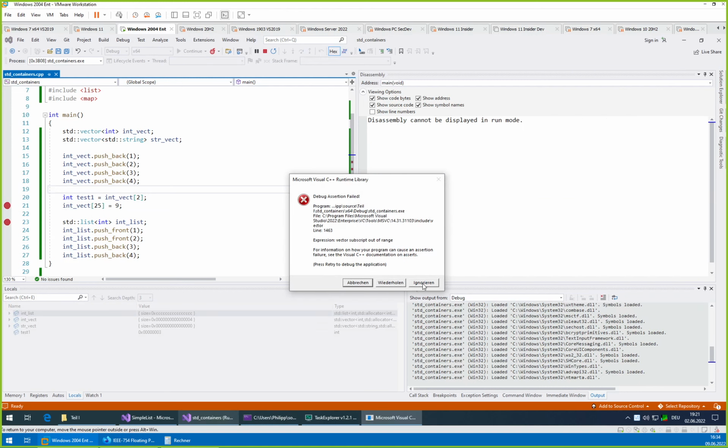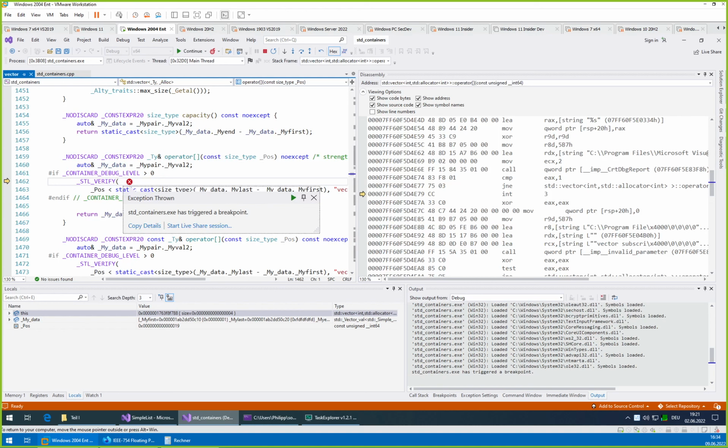Okay, well, now it's working fine. Yeah, and it tells you even where. So it tells you, unfortunately, just a line inside the definition of vector. But if you go on repeat, then it should break where this assertion occurred, and then you